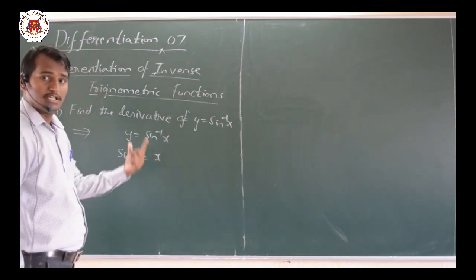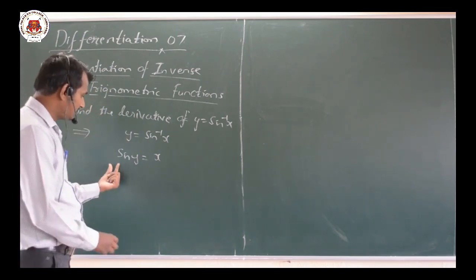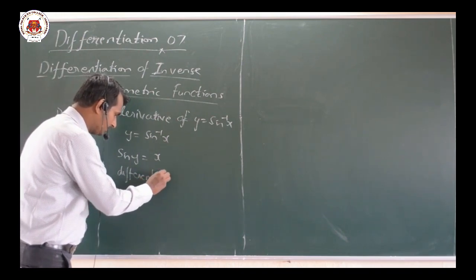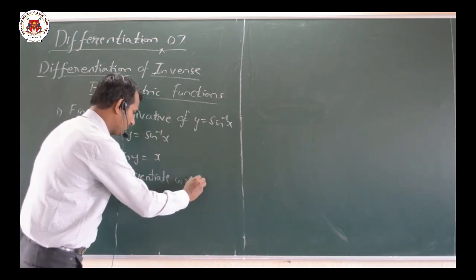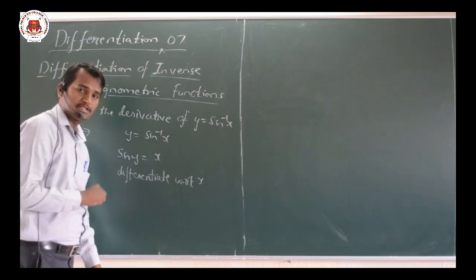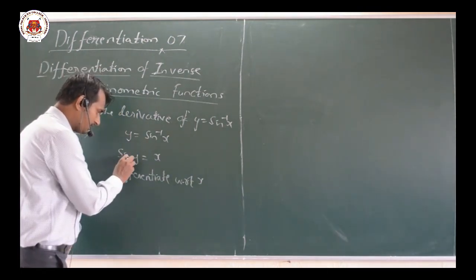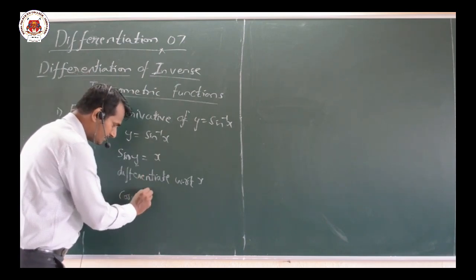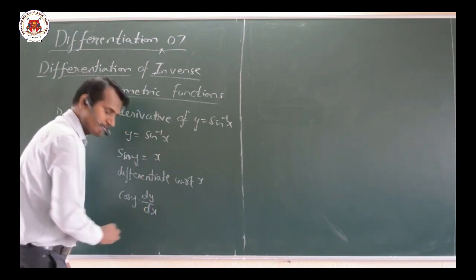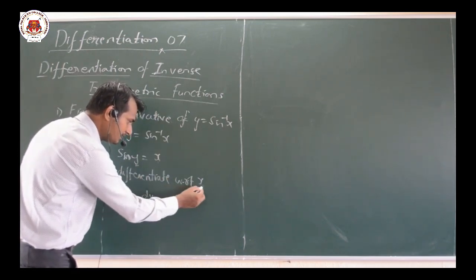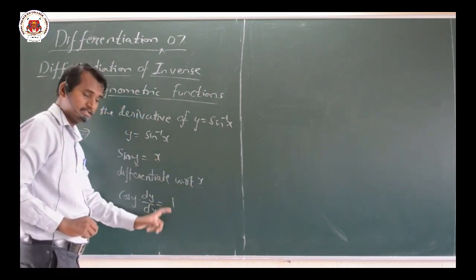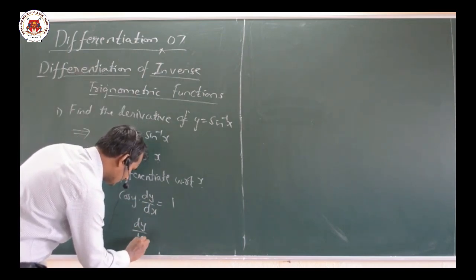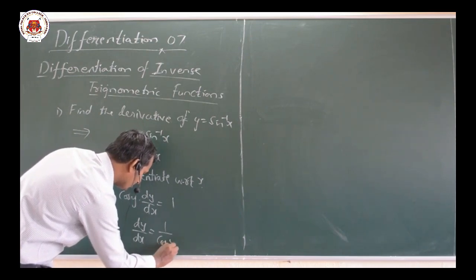Already this term you had learnt in the inverse trigonometry chapter. Now here, sin y, differentiate with respect to x. Differentiating with respect to x, sin y differentiation becomes cos y. Further, differentiation of y becomes dy by dx. Now the differentiation of x with respect to x is 1, that is dx by dx is 1 only. Now I will rewrite this as dy by dx equal to 1 divided by cos y.